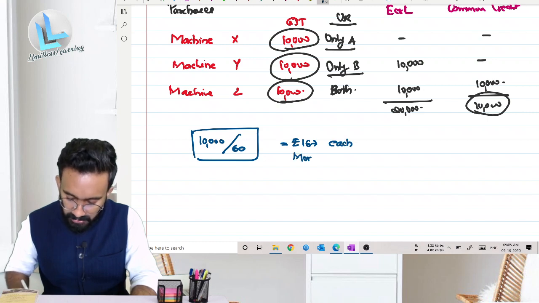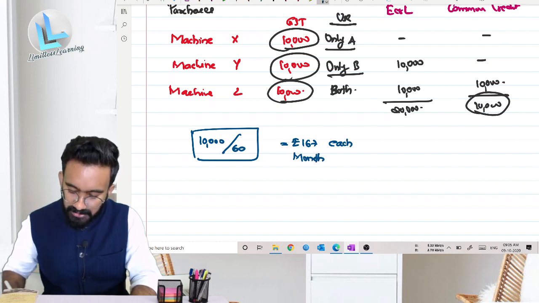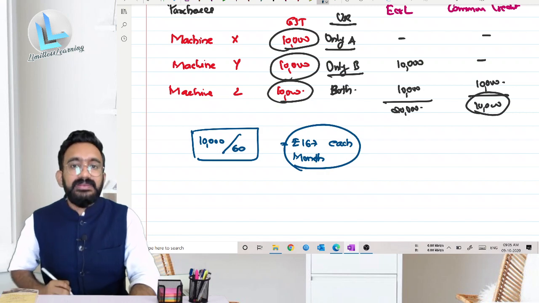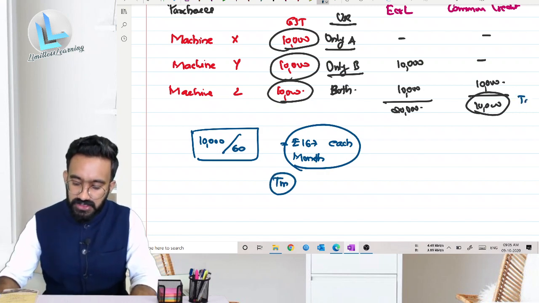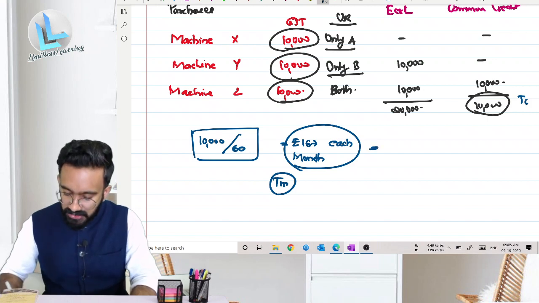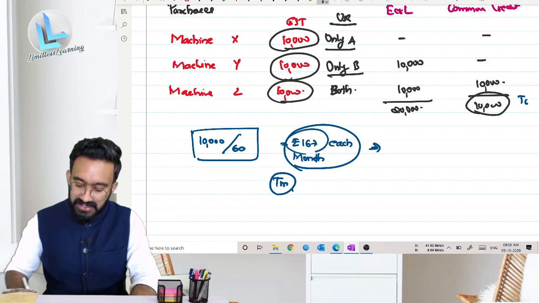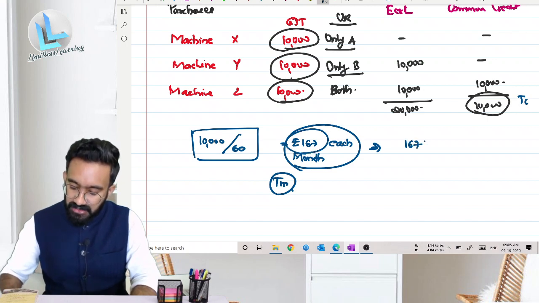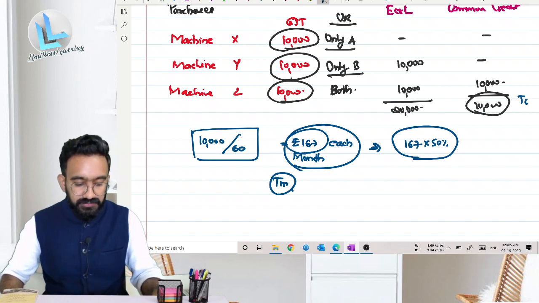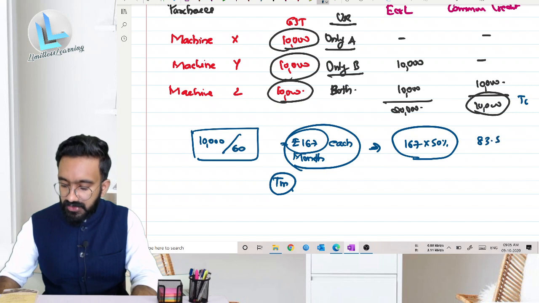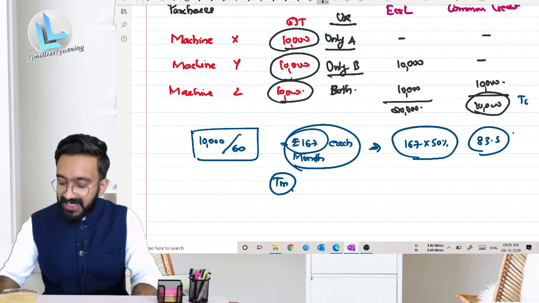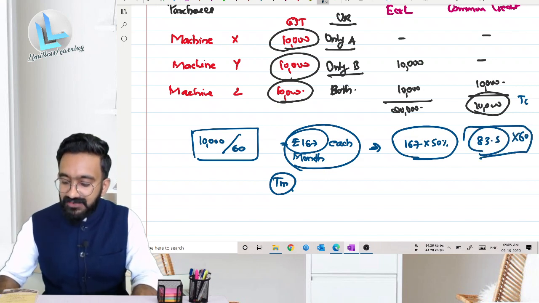This will be your common credit, called TM, and this is called TC. Now what we should do is spread this over 60 months, 167 into 50%. Suppose it is 83.5. So every month for the next 60 months, I will start reversing